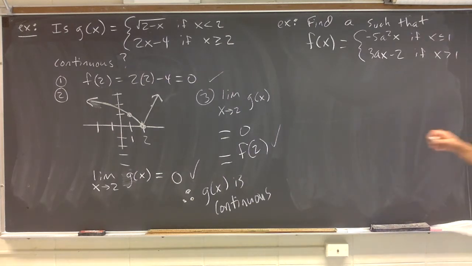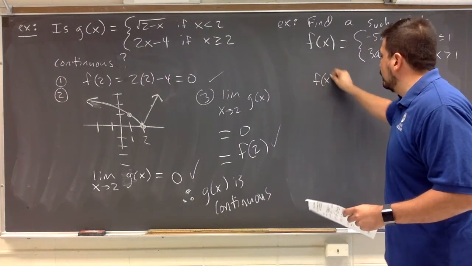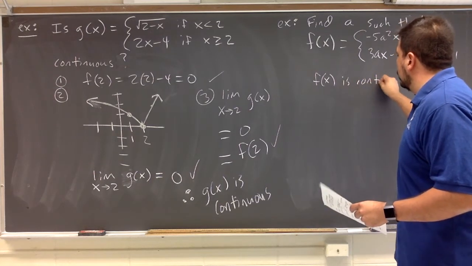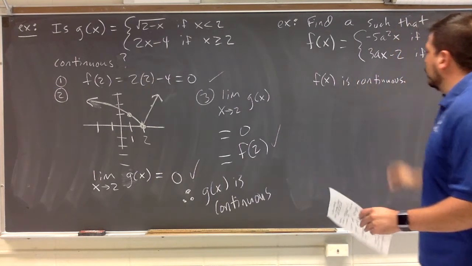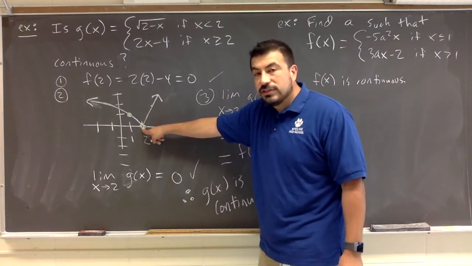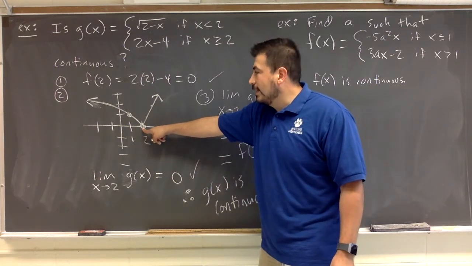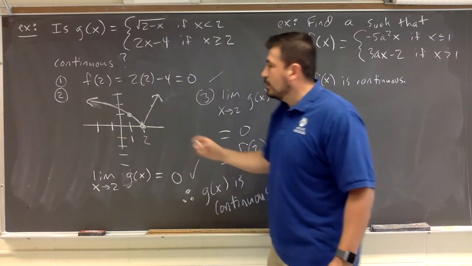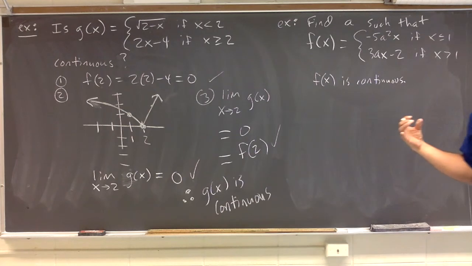Find a so that f of x is continuous. Okay, so clearly the issue is going to be at x equals 1. Everywhere else we're all right, but at x equals 1 we might have a problem, but in order to have something like this where there is no issue with continuity, these two functions need to produce the same exact output